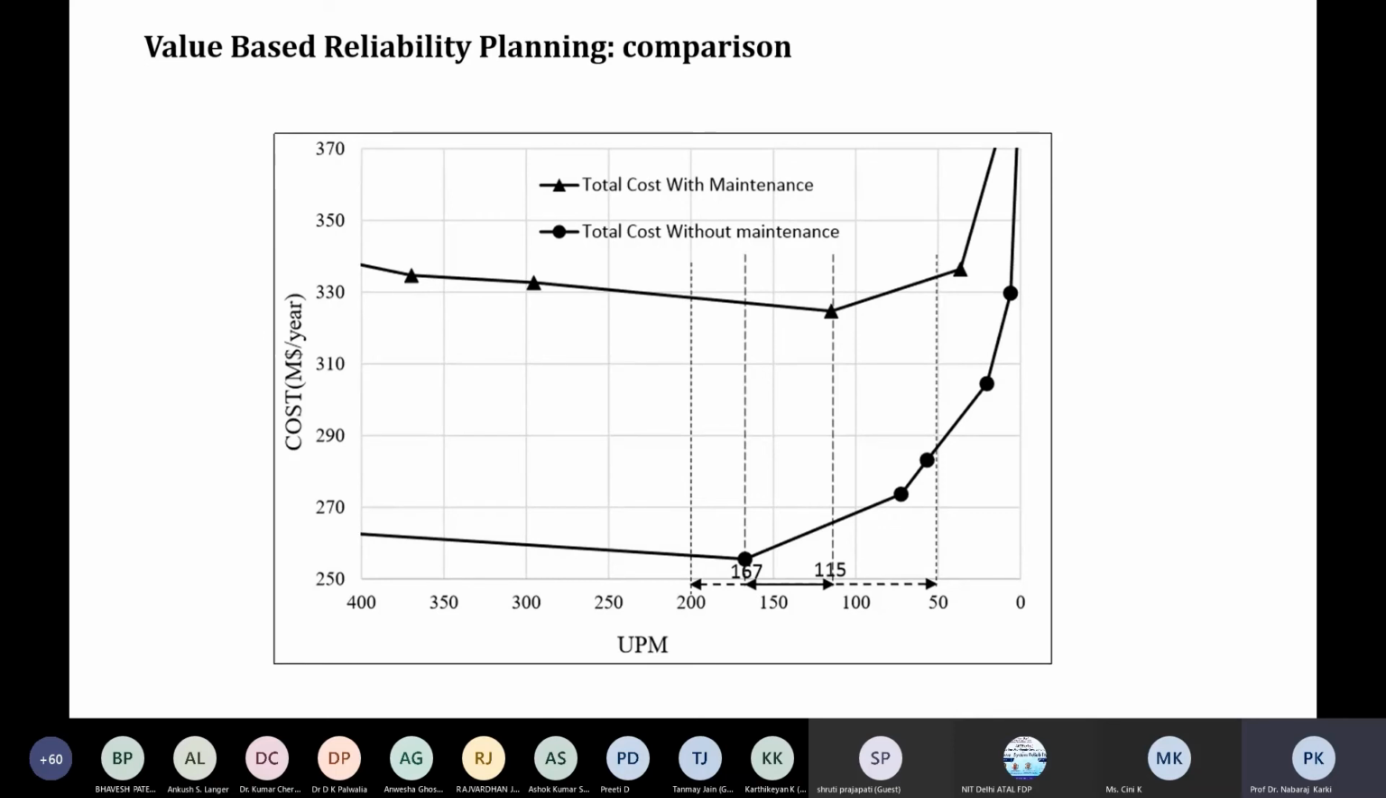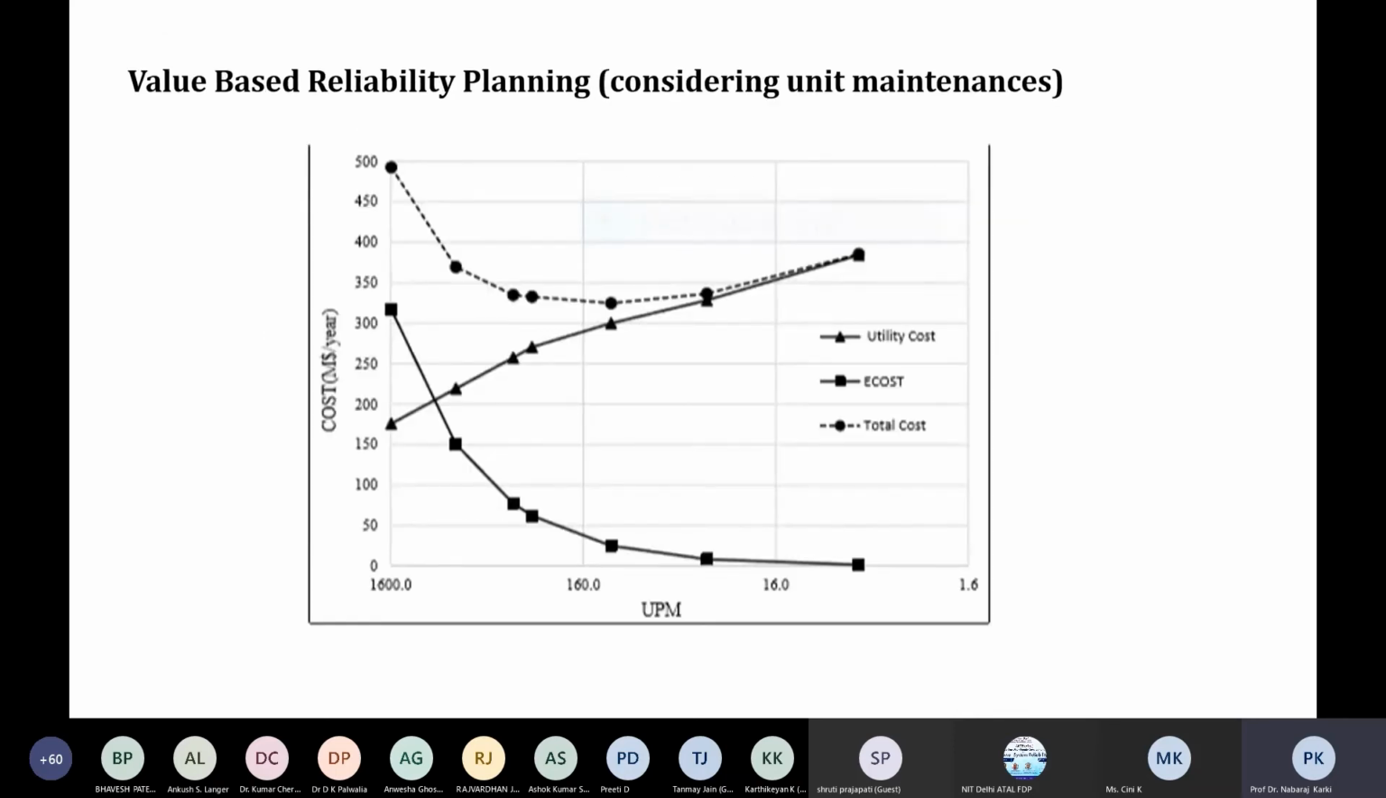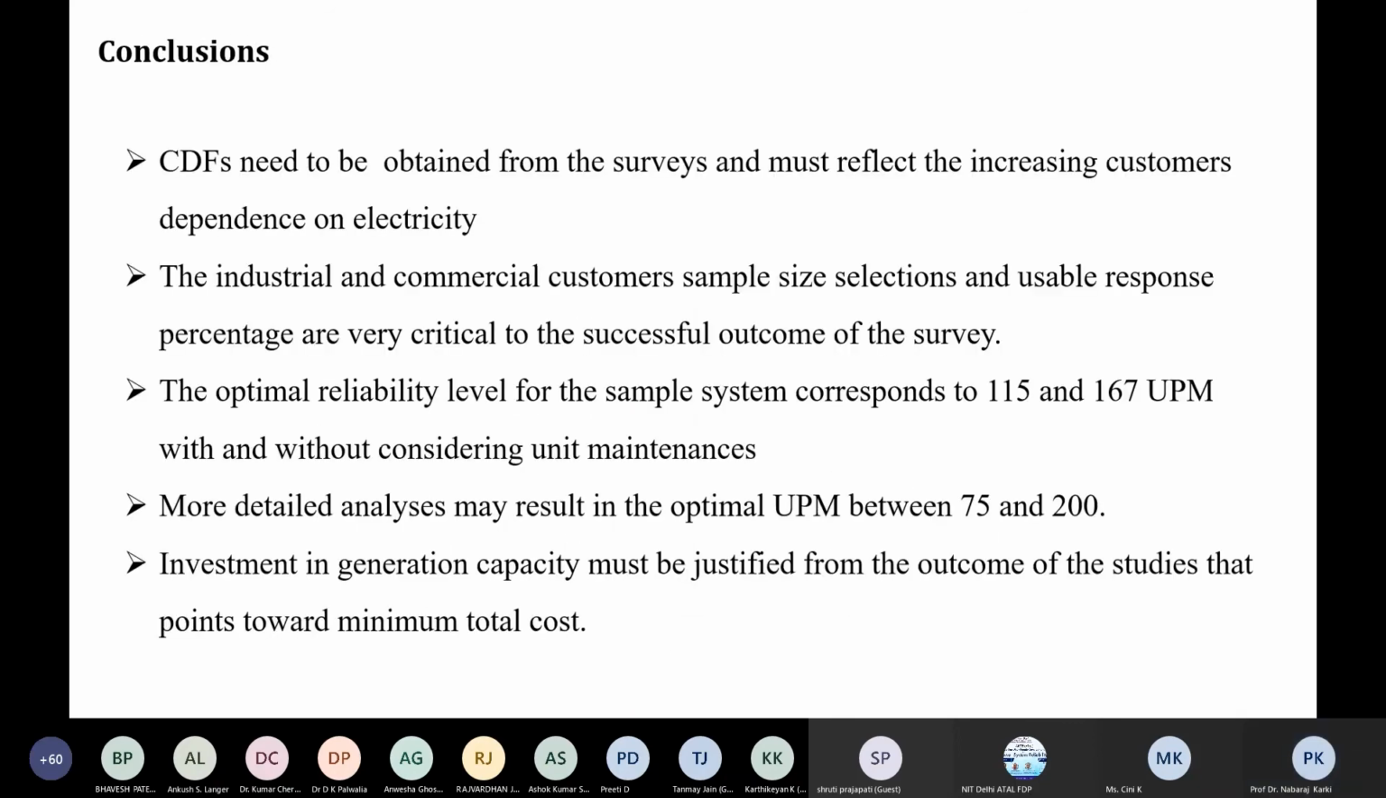And obviously, not only the cost of interruption will be changing, but also the investment cost will be changing, because the newer units to be installed are costing more than the older units. So therefore, the cost also changes there. So the conclusion: customer damage function needs to be obtained from the surveys and must reflect the increasing customers'